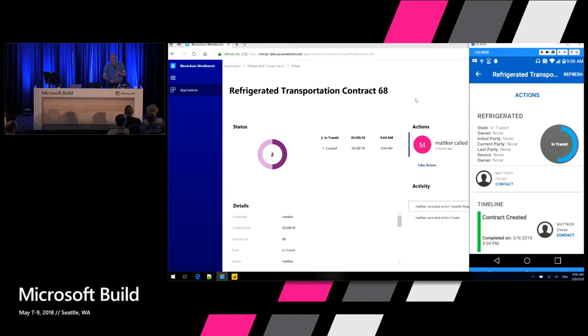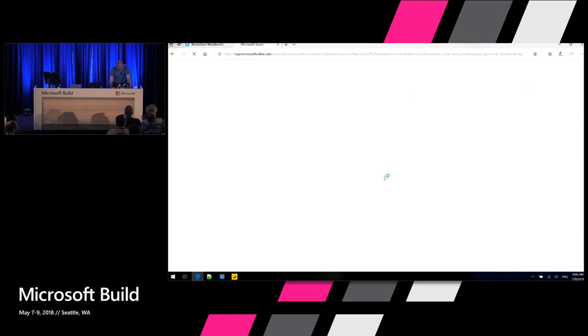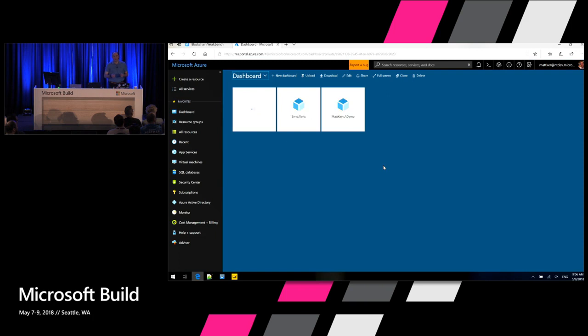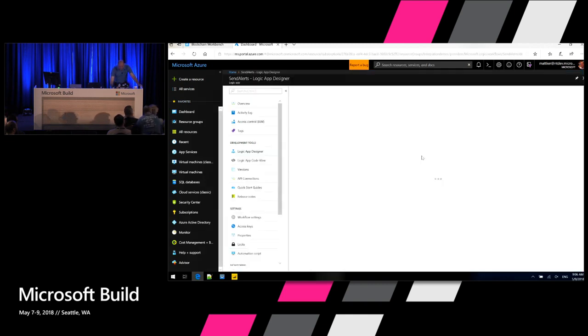And I'm still not going to melt the ice cream because I want to show you another thing, which is what is going on at the back end to make this all work. So I've got a logic app. And the logic app is monitoring the event grid for messages. And when those messages arrive, that logic app will receive that message and then process it. And this is my way of extending the workflow capability that's available inside Workbench with whatever arbitrary logic I'd like. So I want to receive a notification in the truck if the ice cream is melting so I can make sure that the freezer's on, let's say. So let me go into this Send Alerts logic app.